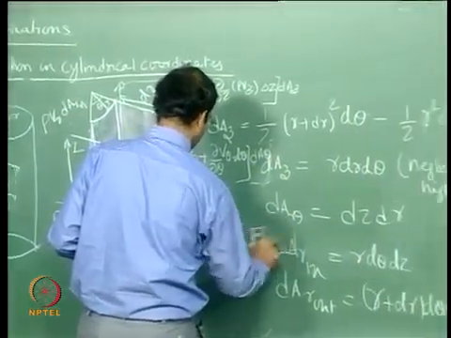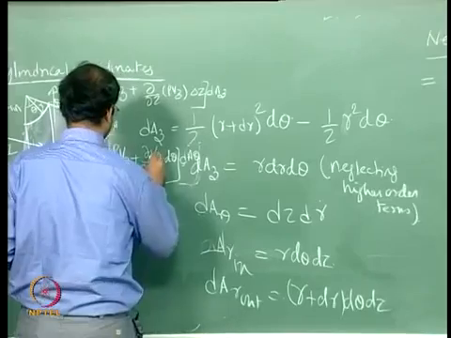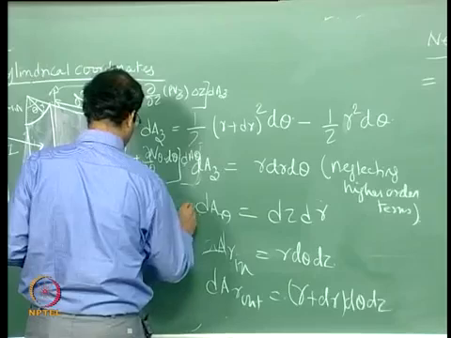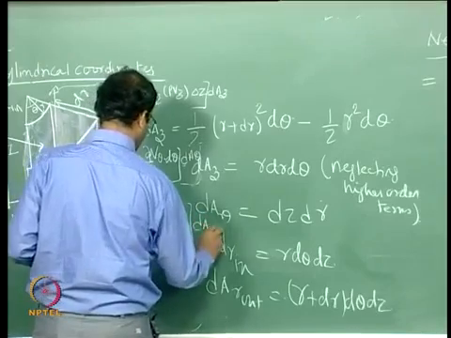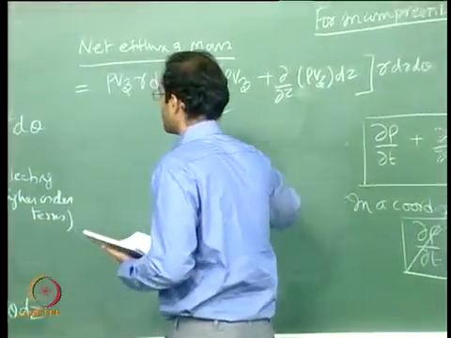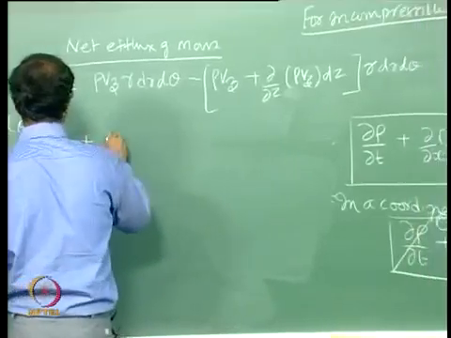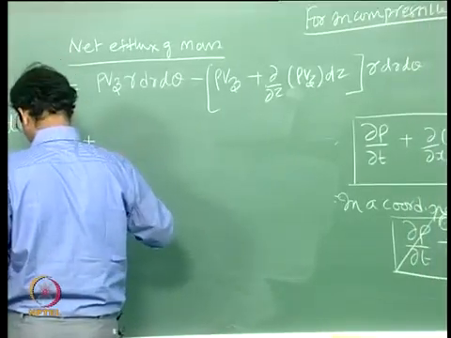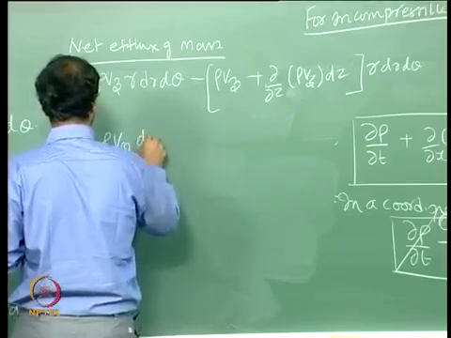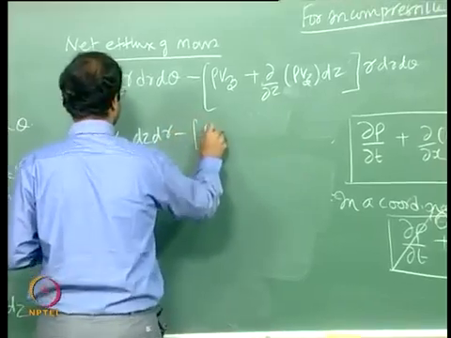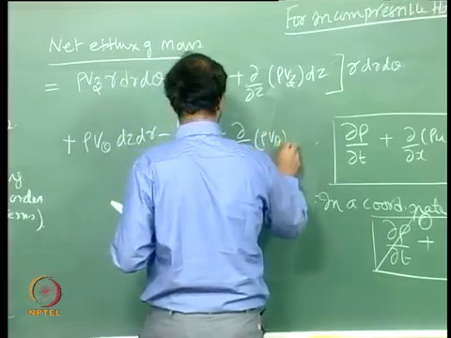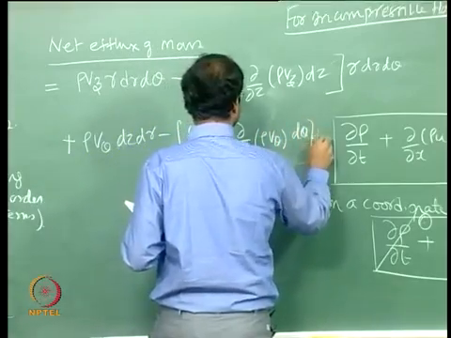and so this is also rho Vr into dr into dAr out. Okay. So this is the net efflux of mass in the z direction, so that plus the net efflux of mass in the theta direction will be rho v theta into delta z dz dr minus rho v theta plus d by d theta into rho v theta into d theta into dz dr